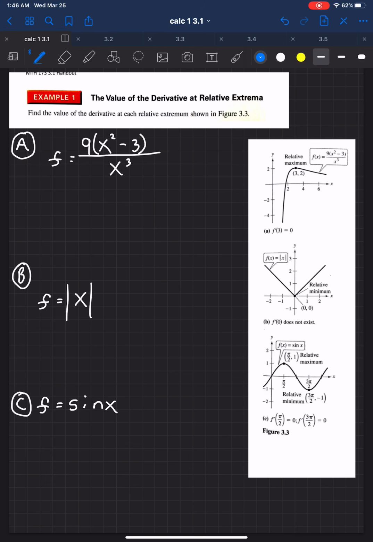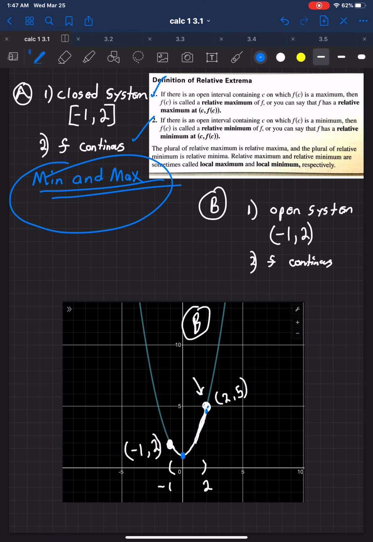So how do we go through and start to think about minimums, maximums, and how do derivatives and the study of calculus play a role? The definition that I just gave you, that guarantee, where f is on a closed system and continuous, is what we call the extreme value theorem.